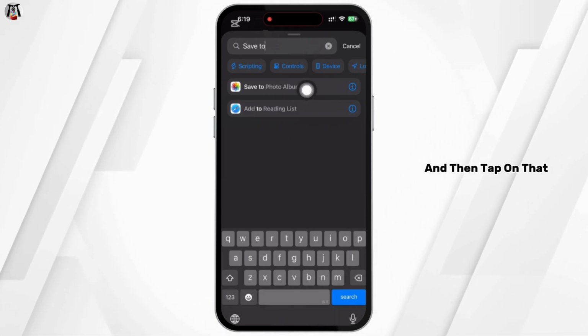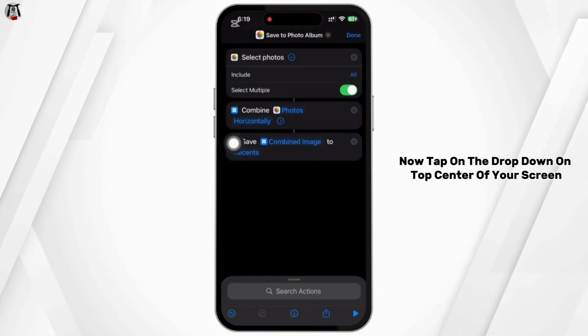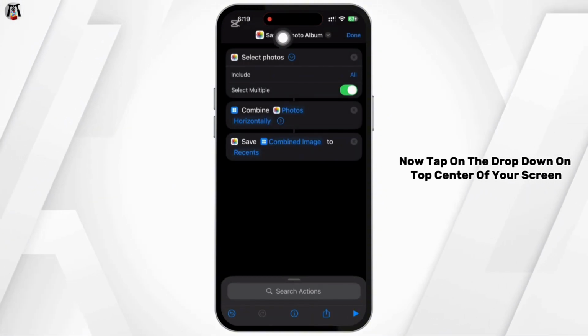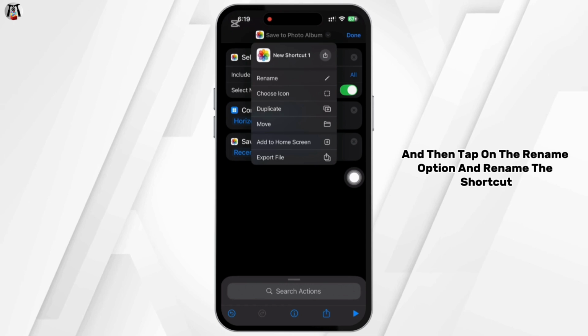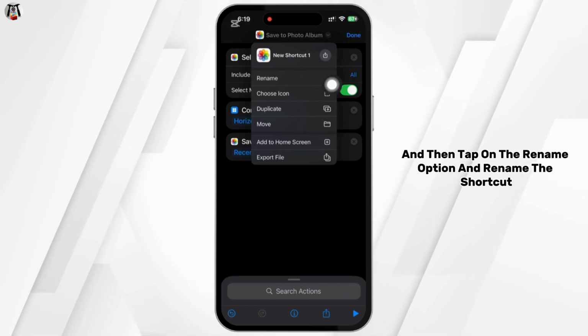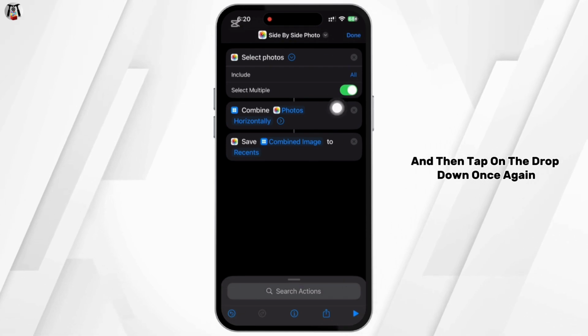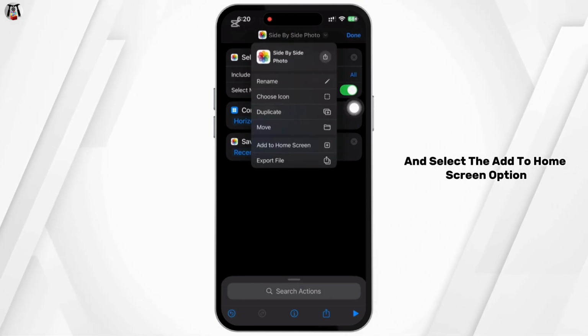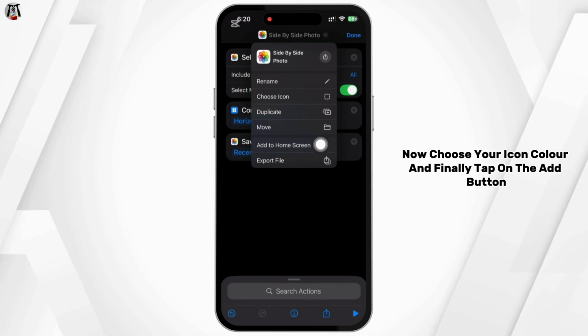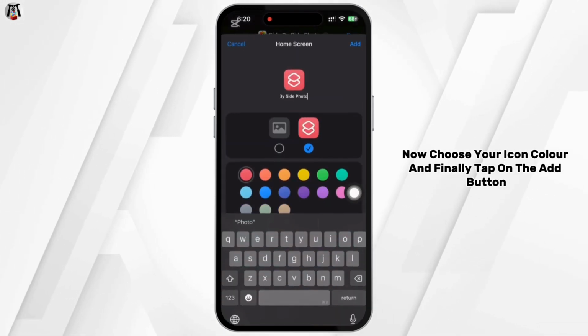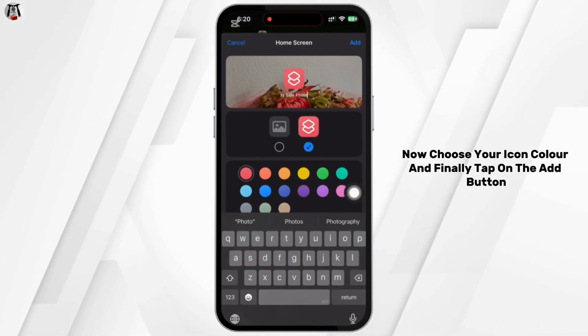then tap on that. Now, tap on the drop down on top center of your screen and then tap on the Rename option and rename the shortcut and then tap on the drop down once again and select the Add to Home Screen option. Now, choose your icon color and finally tap on the Add button and then go to